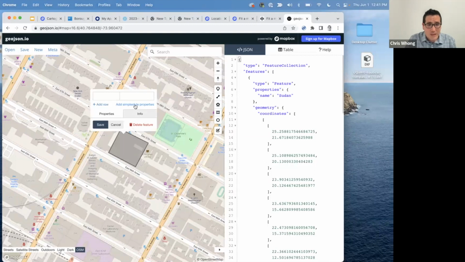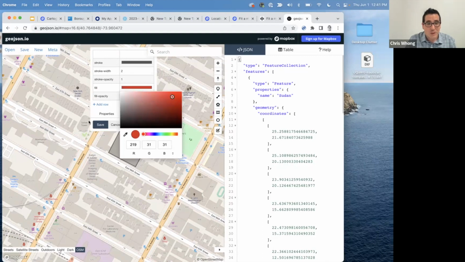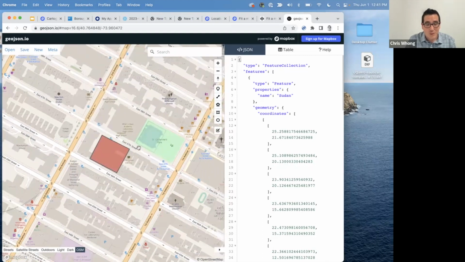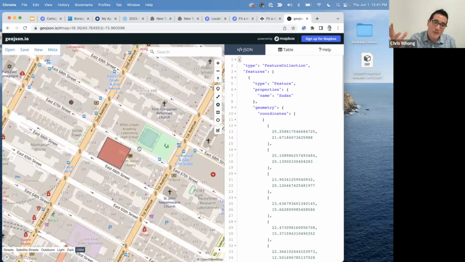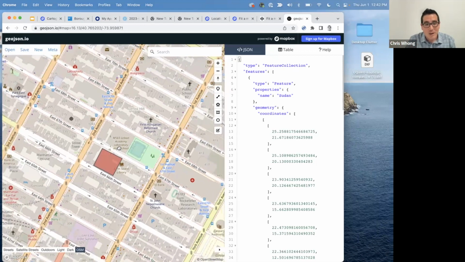The other thing you can do here is add what's called simple style properties. Simple style is a spec that was written just to store basic styling information along with GeoJSON. And GeoJSON.io will actually respect that. So if you change the fill color, for example, it'll show up here. It's useful if you wanted to visualize a bunch of data, kind of just for testing purposes, but not really as part of whatever you're building. You can add these little simple styles so that they aren't all the same gray dull polygon, and you can help tell them apart. This is helpful when you have overlapping features and things like that, so you can see where things are.